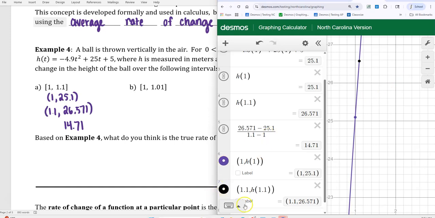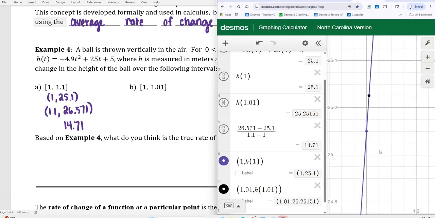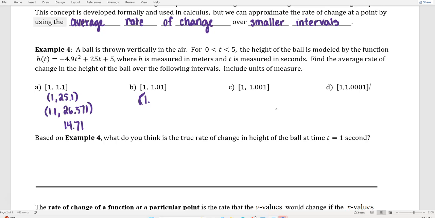Now, what I can do is go over here, and instead of using 1.1, what if I do 1.01, right? So now instead of looking at this point right here, I'm going to change this to 1.01. We're talking, oh, even closer. Let's zoom in a little bit more. It already looked pretty much like a straight line, but this looks really a lot like a straight line, right? So if I do 1.01, I'm going to write down the y coordinate there,